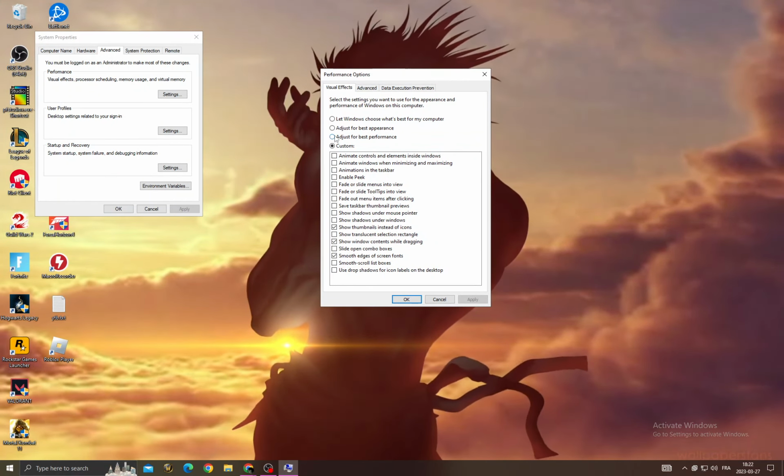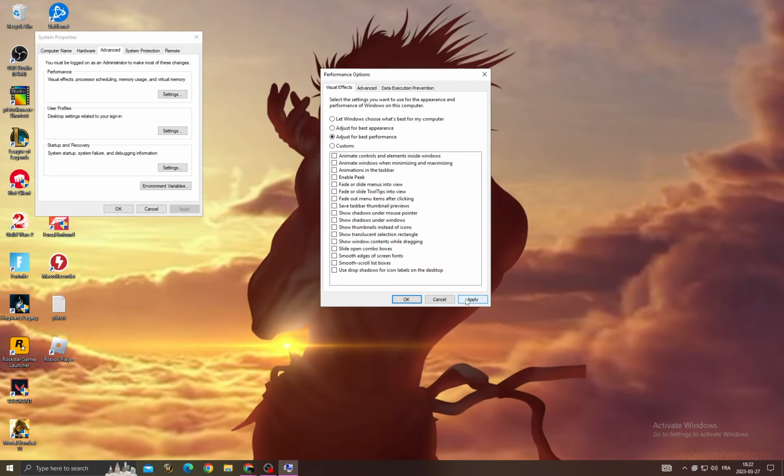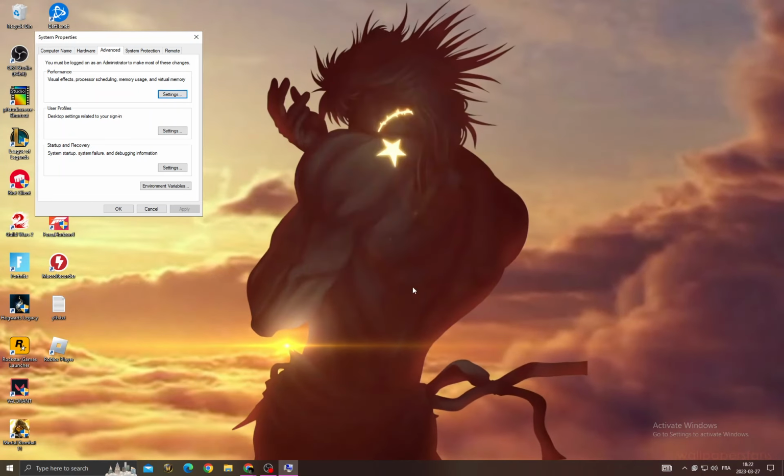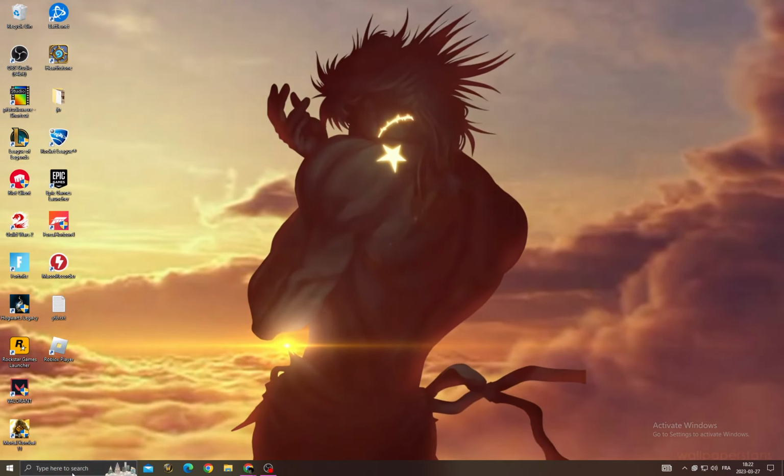Now click adjust for best performance and click apply and OK, and that's it. After that, restart your PC, and after restarting your PC, open task manager